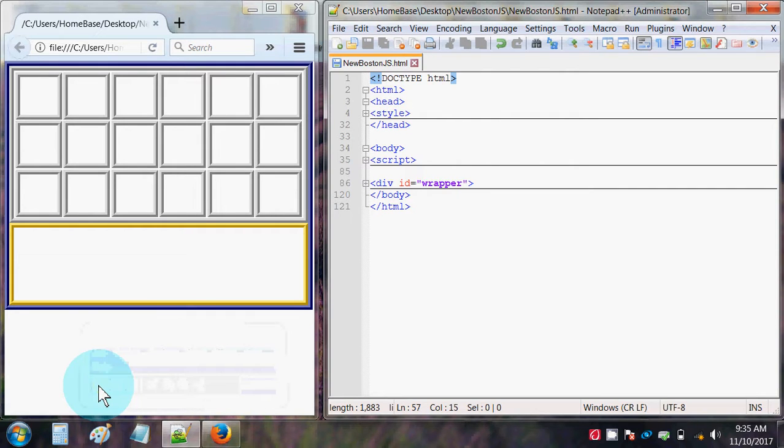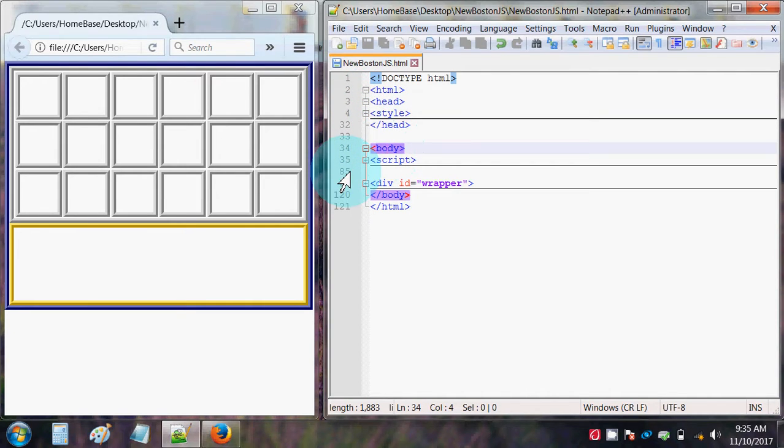In response to going over some of New Boston's YouTube videos on JavaScript, beginning JavaScript, I created this little web page design. So looking at the code, we have our opening doctype declaration here, our opening and closing HTML tags, our opening and closing head tags. We have a style here that I'll go over in a minute, but when we go down to the body,